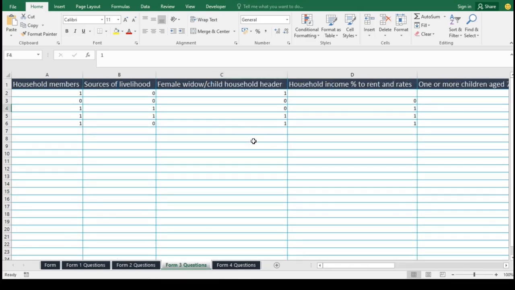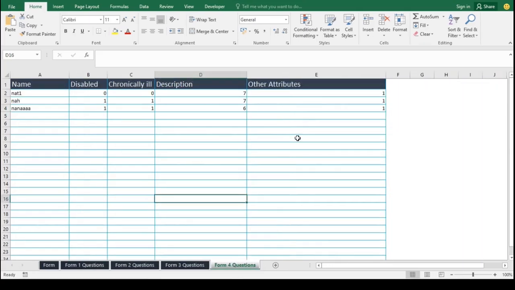As you can see, it's converted to only ones and zeros for the entire row, and you can adjust this as needed in the macro. Lastly, this is how our Form 4 worksheet data is displayed. We started with 2 rows, and now we have 3. As you can see, all our household information is grouped into 4 categories to allow users to carefully edit or